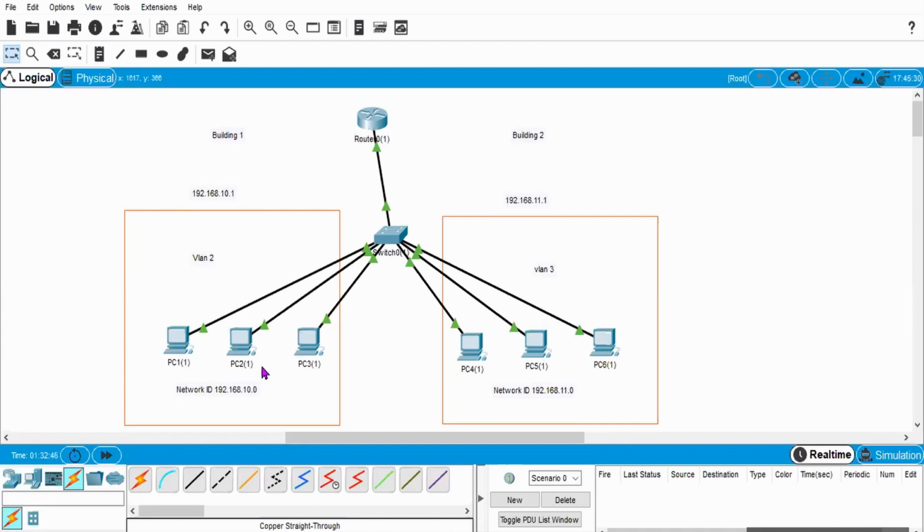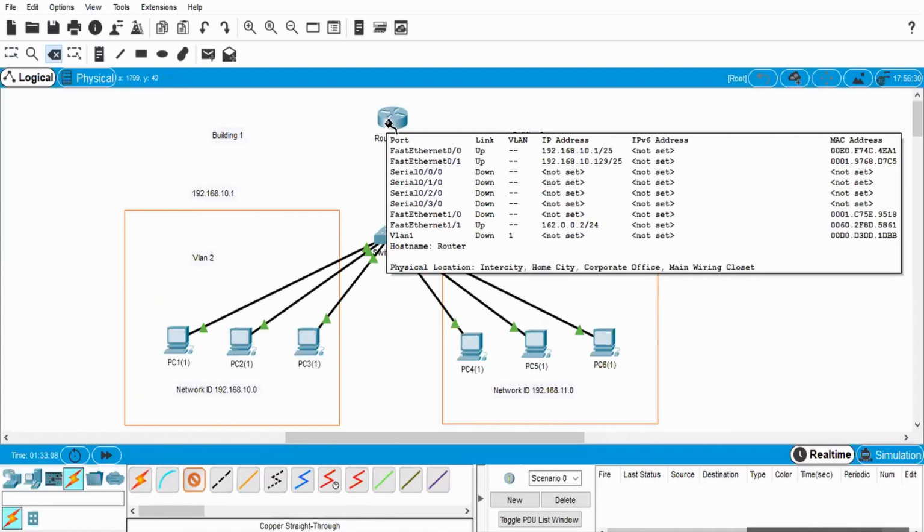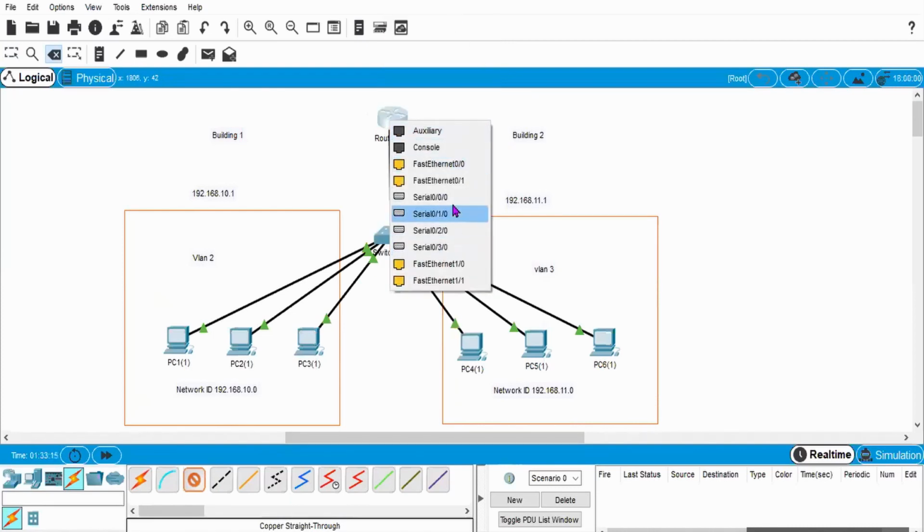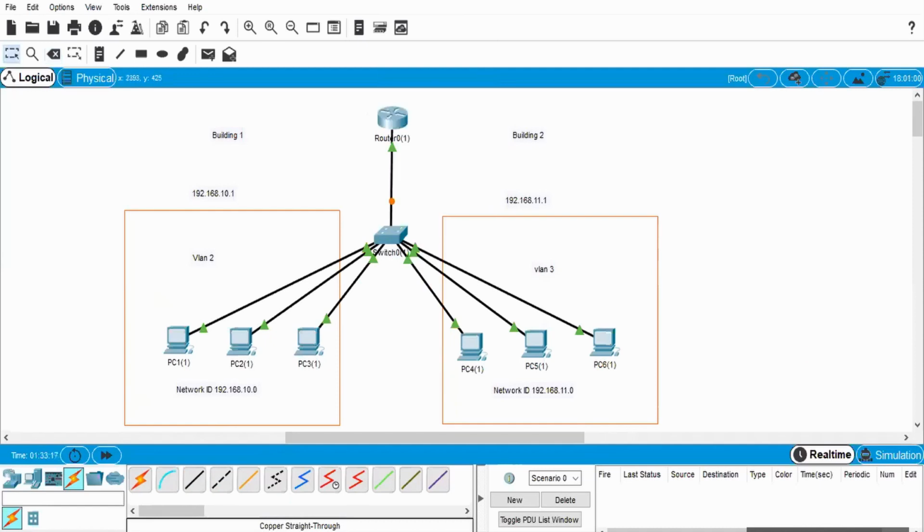Okay, so for communication between two different networks, we need to have one router. So I am taking this router, and first I am connecting one wire from this switch to this router so that these PCs can communicate to this router. Let's say I'm connecting from port number 4 to FastEthernet 0/0.